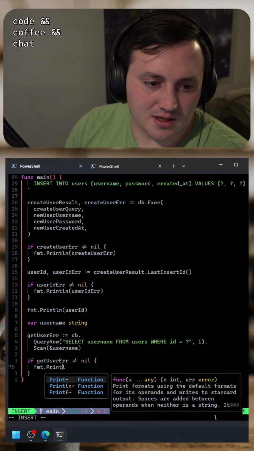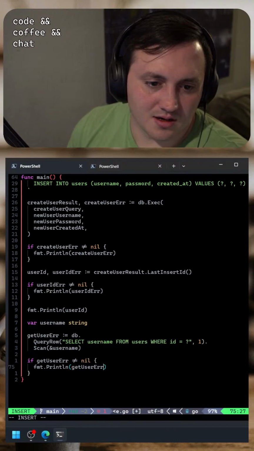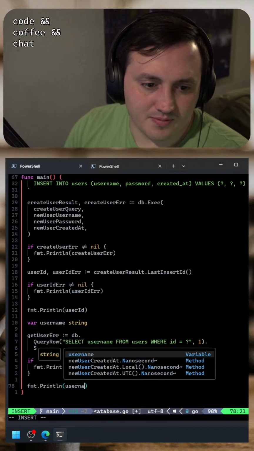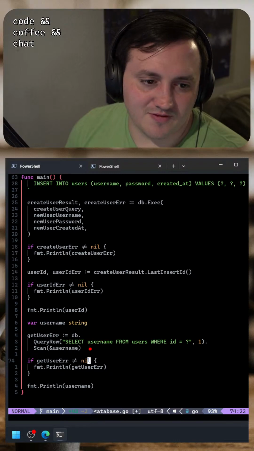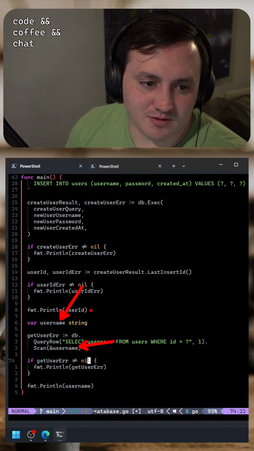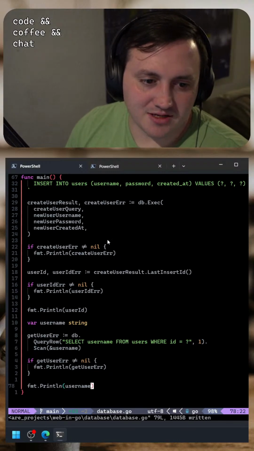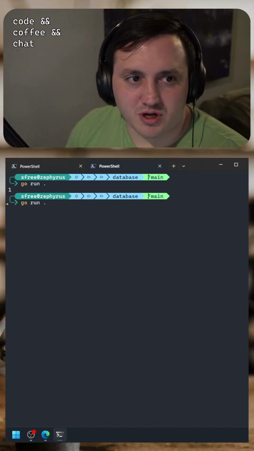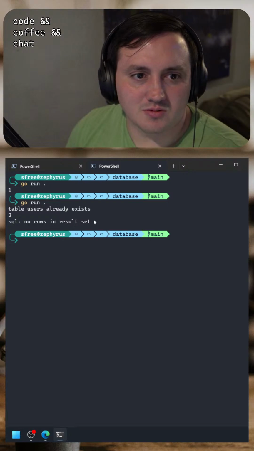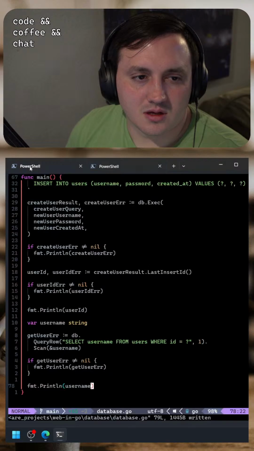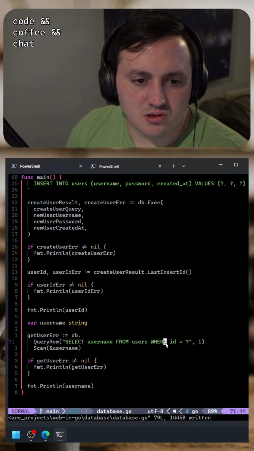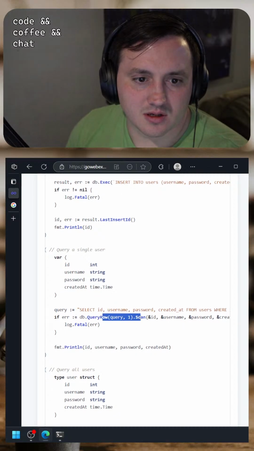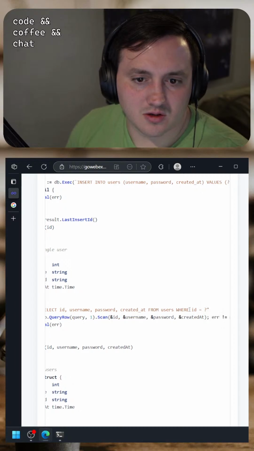Format dot Println get user error. Otherwise, we should be able to print the username. And so I'm assuming that this username value should get bound to this variable somehow. Something the Scan method does makes all that magic happen. So let's see. Go run, and I think this should print 2. Let's see, no rows in result set. Is there a problem with my SQL query? Users where ID equals